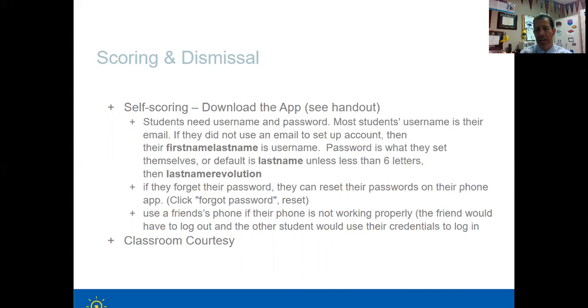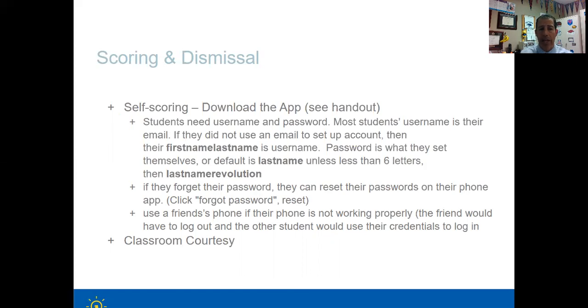We also tell them that a friend of theirs may be able to score it, maybe using their phone, if their phone isn't a very good phone or it's not working properly. So that's just the scoring part of it. Reach out to some of the Revolution Prep proctors that are going to be there, because typically they'll have an app themselves where they have the whole roster on it and can score their exam.